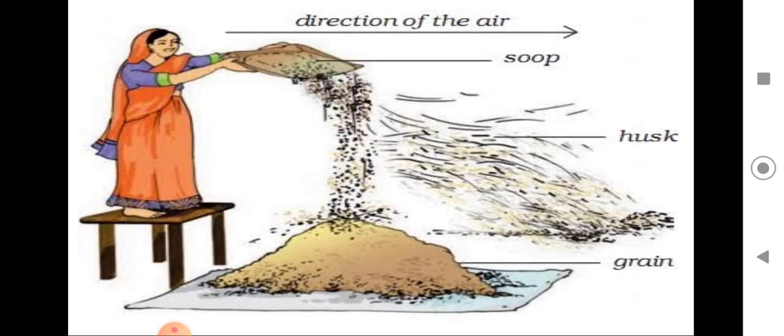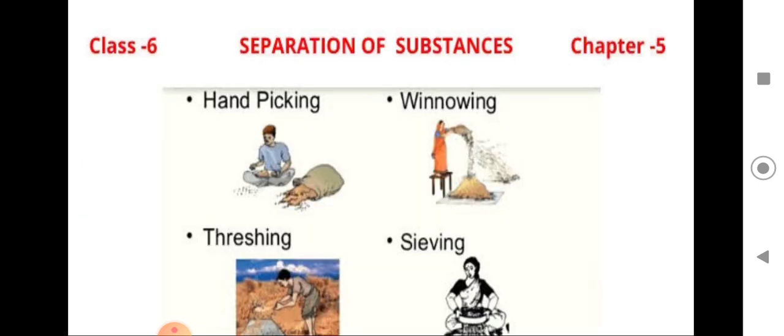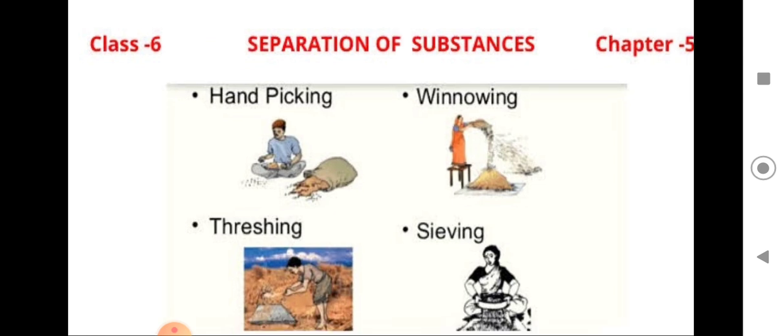Now you see this picture. Now you tell me, what is this picture? Here the lighter particles and the heavier particles are getting separated, and this process is called winnowing. And now you know hand picking examples, like rice and grain. Winnowing separates the lighter and heavier particles, that is the husk and the rice. Threshing removes grain from the stalk, along with the straw; by beating, the heavier rice gets separated from the stalk. Sieving, at home we do for separating the bigger and smaller particles.